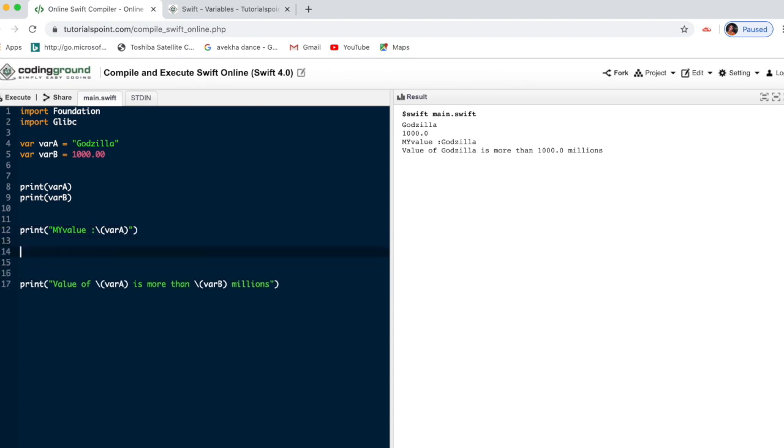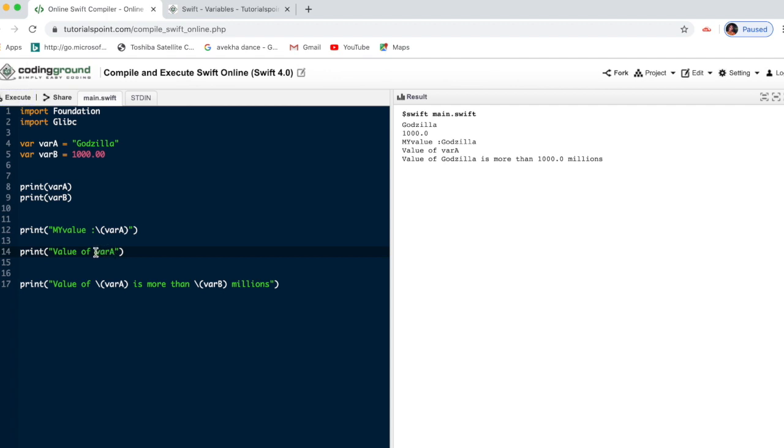Suppose I write it this way, with the value of, okay, this, then it does not work. What comes out is this value as a string, not the value which is saved.